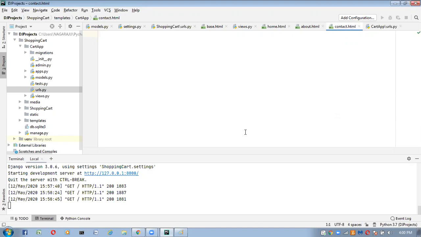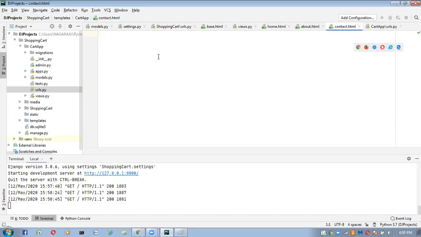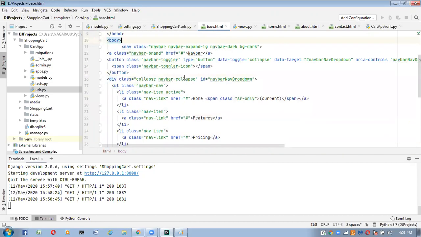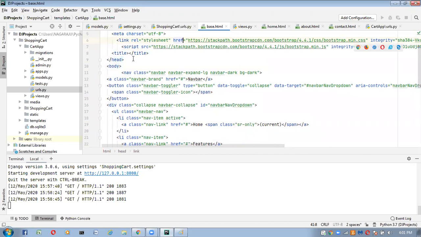So now, how are we getting the navbar? Like this. Here, I will change these names. I don't want these names. For that, go to base.html. Here, the title first I will take here. I am going to take the title as online shopping. Now go to the browser and refresh this. Here it is changed to online shopping. You can see it in the title.